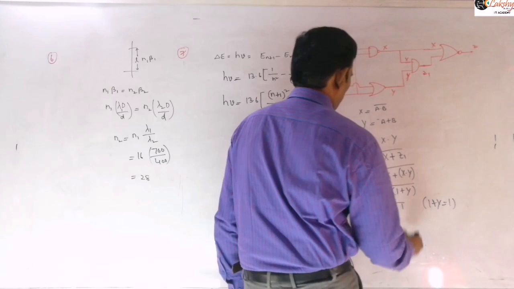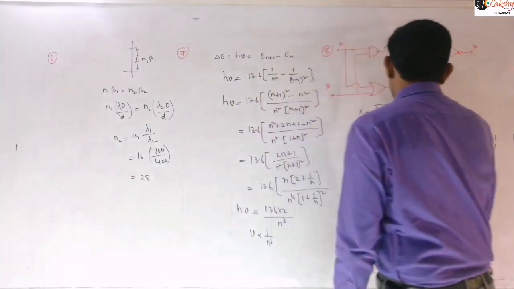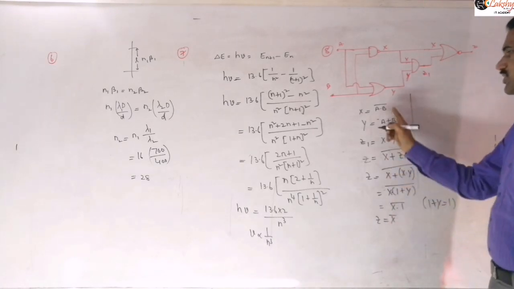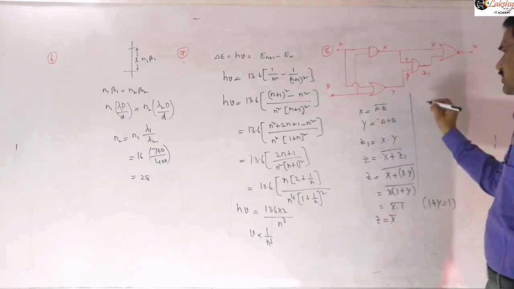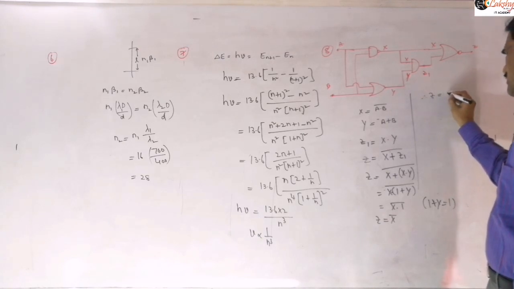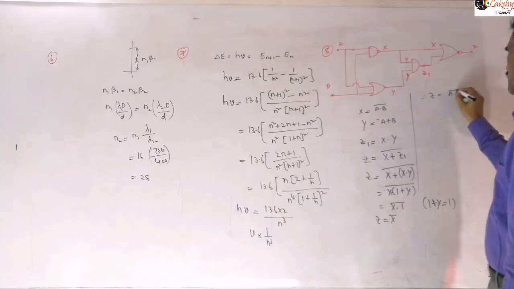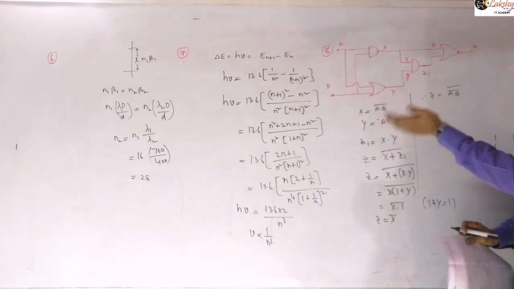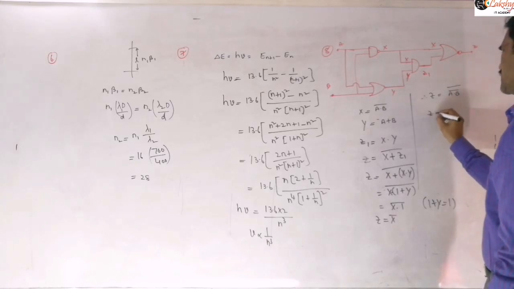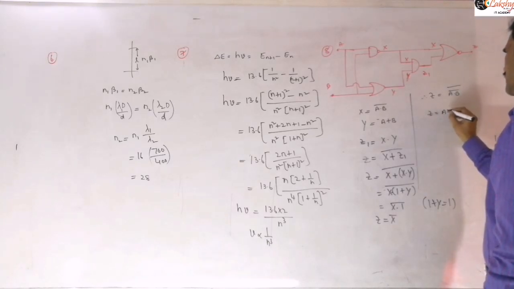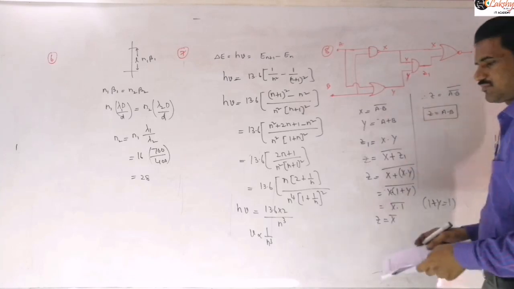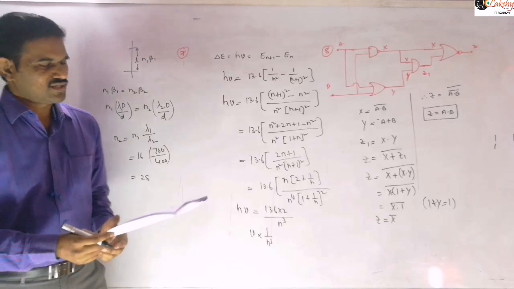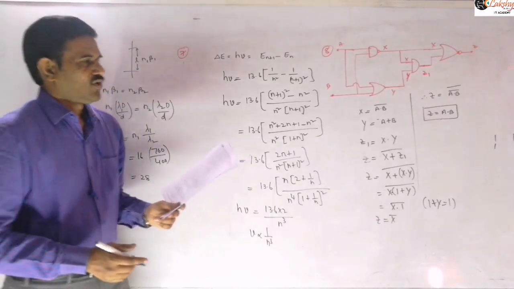So then this is X complement, now we can write. X complement is nothing but, we can substitute the X value here. X is nothing but A dot B complement. Therefore this Z value we can write as A dot B complement, whole complement. So X itself is A dot B complement, and now again the whole complement is there. Therefore this Z is nothing but A dot B you will get, right? So A dot B means it is nothing but an AND gate. So the AND gate outputs now we can write easily. Like first they are asking 1 comma 1.